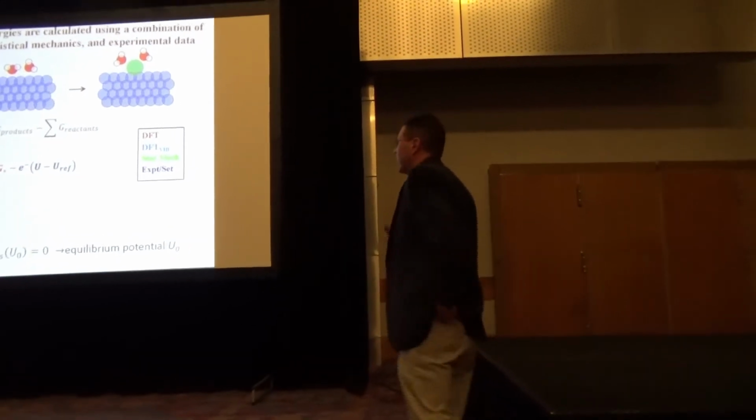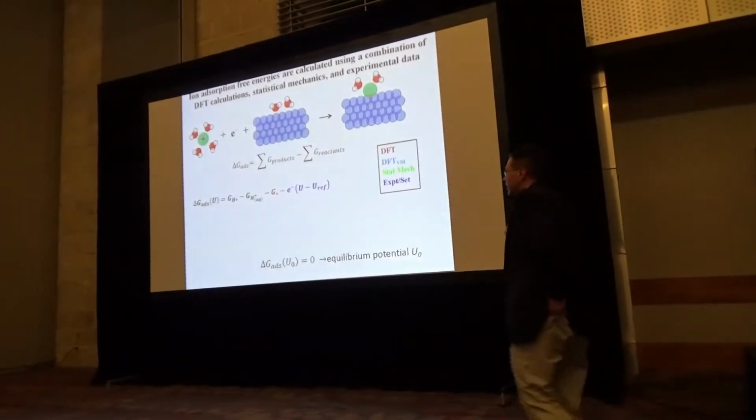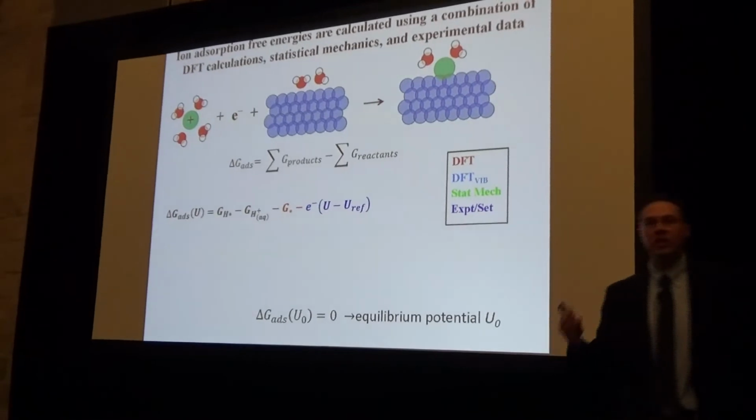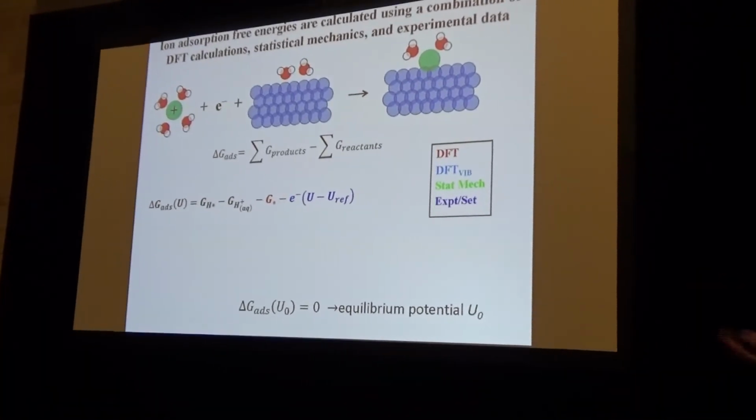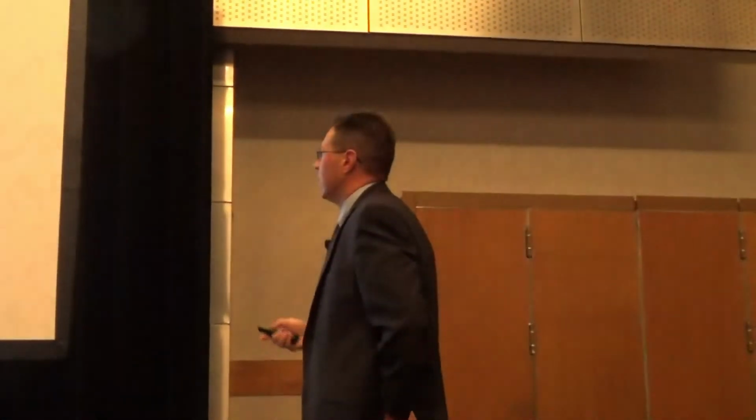So to understand these peaks, we have to be able to use DFT to calculate the equilibrium constant, or the delta G, of adsorbing cations and anions to and from the surface. And of course, the adsorption free energy is just the free energy of products minus reactants. Products are our species adsorbed, so we can think of this again as our hydrogen on the surface. Our reactants are a surface without hydrogen on it. We may have some water there because we want to put solvation in our model in some way. Of course, an electron is a reactant, and the ion, so the proton that would be in solution. So we need to calculate the free energies of all these species,